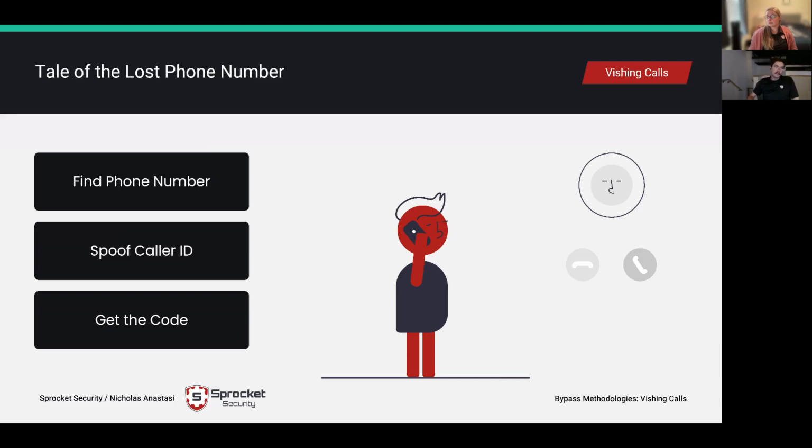A couple things to note and remediation steps surrounding this. One, and this is really hard to tell users, because they're like, "What am I supposed to do?" You have to let people know that a caller ID is not to be trusted. So when a number calls that appears to be your organization, they can't innately trust it, especially on their cell phone.